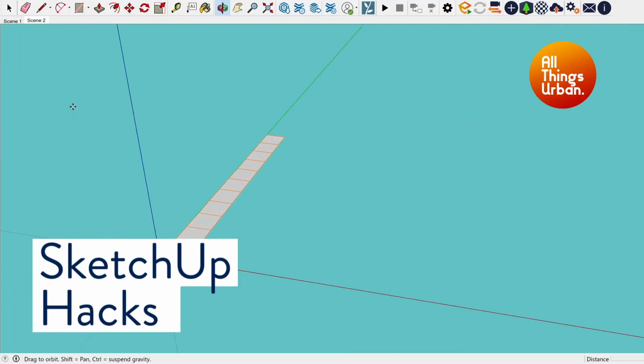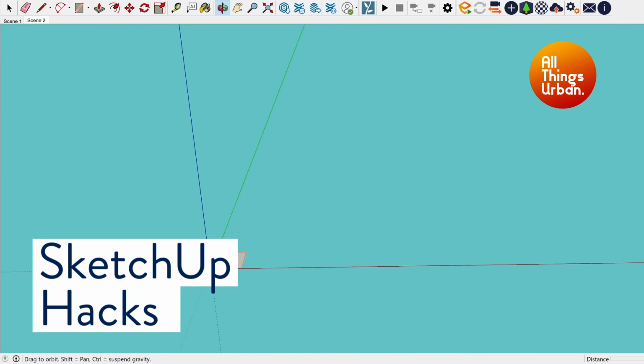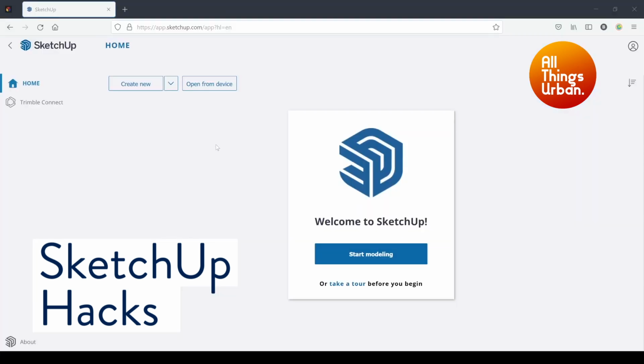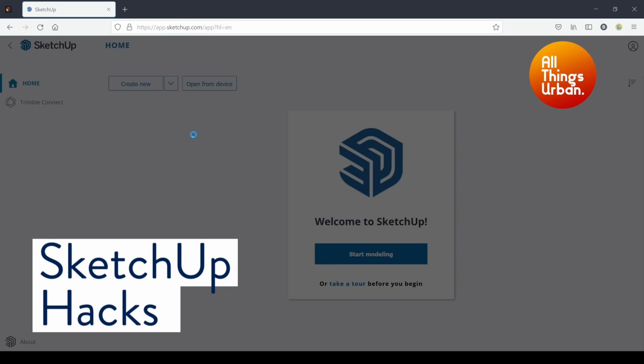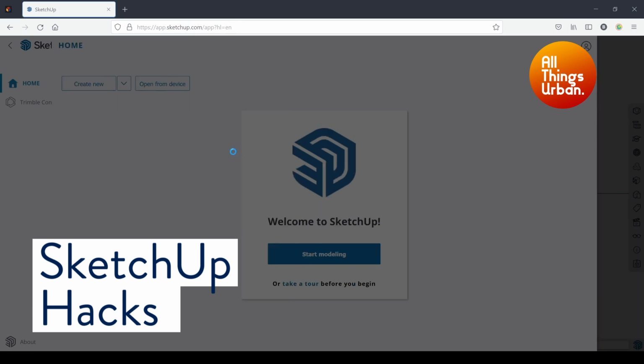During the SketchUp series, we will be going through the key tips and tricks to know your way around SketchUp. Right now I'm using SketchUp Pro because I find the free web version sort of clunky and slow to use,